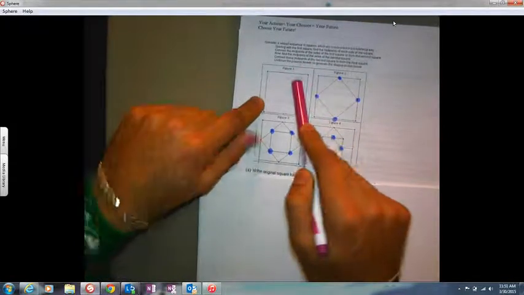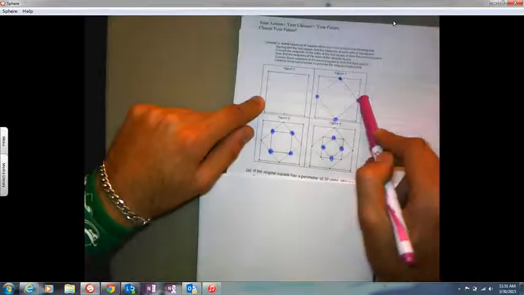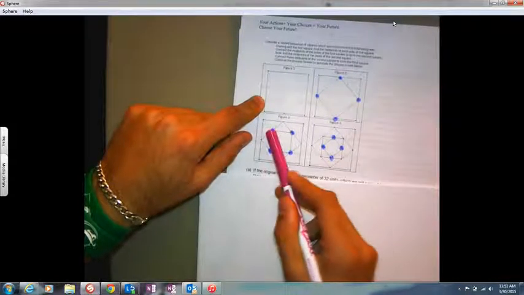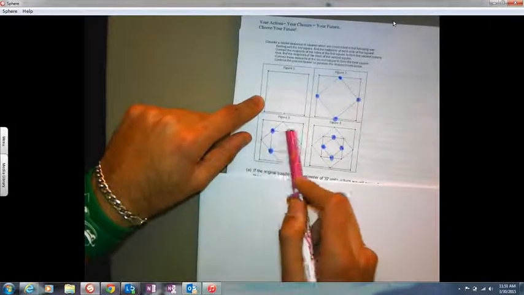It says find the midpoints, which they did here in purple, and then step 2 is connect the midpoints to form the second square. Then we find the midpoints of the third square, connect those, you have the next square, and so on and so on. We continue doing this repeatedly. Now, the question they're asking us, if the original square has perimeter of 32 units, so P1 equals 32 units,